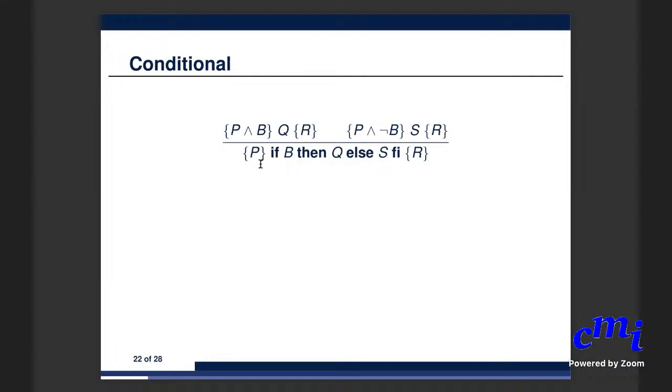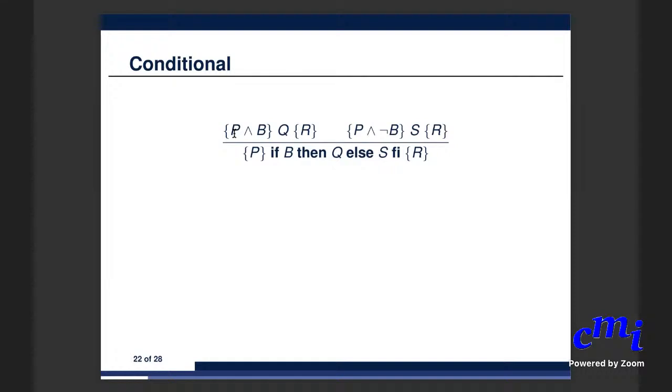So if I have if-then-else, intuitively, if I start with a pre-state which satisfies P, then what happens? If the state is such that B, the condition, is true, then I execute Q. Otherwise, if a state that satisfies P is such that B is false, then I execute S, and that's what is captured. If I'm in a state P, that is what the assumptions above the horizontal line in the inference rule capture. Assuming that